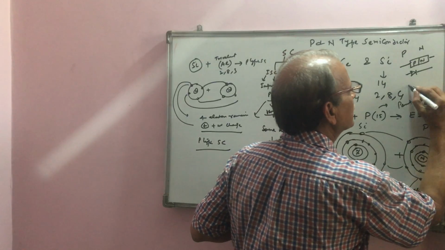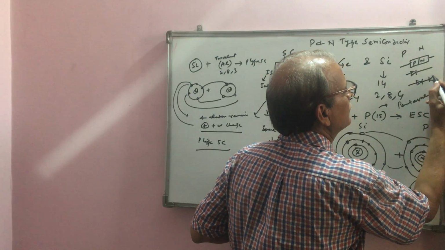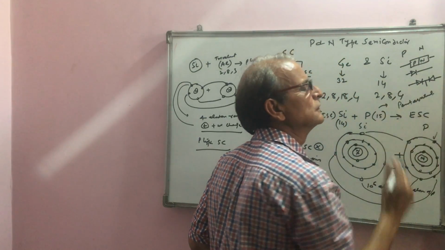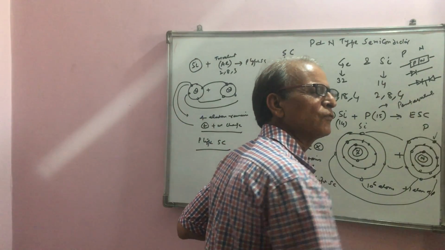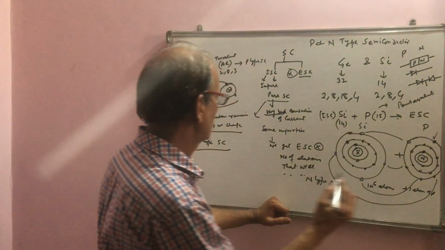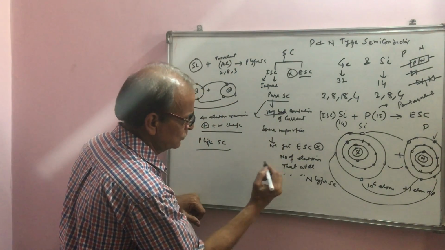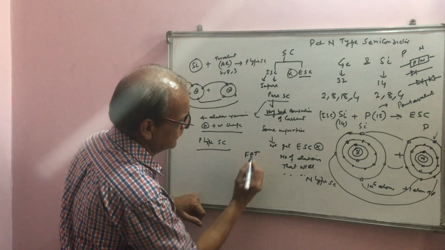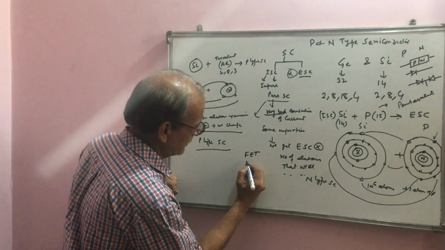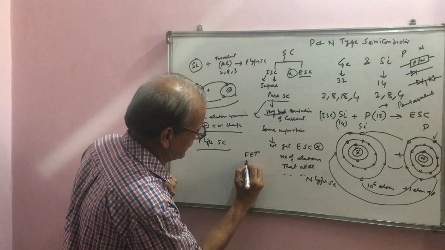Two diodes will make a transistor. And with the help of transistors, we are able to fabricate field effect transistors. Then we will get gates,